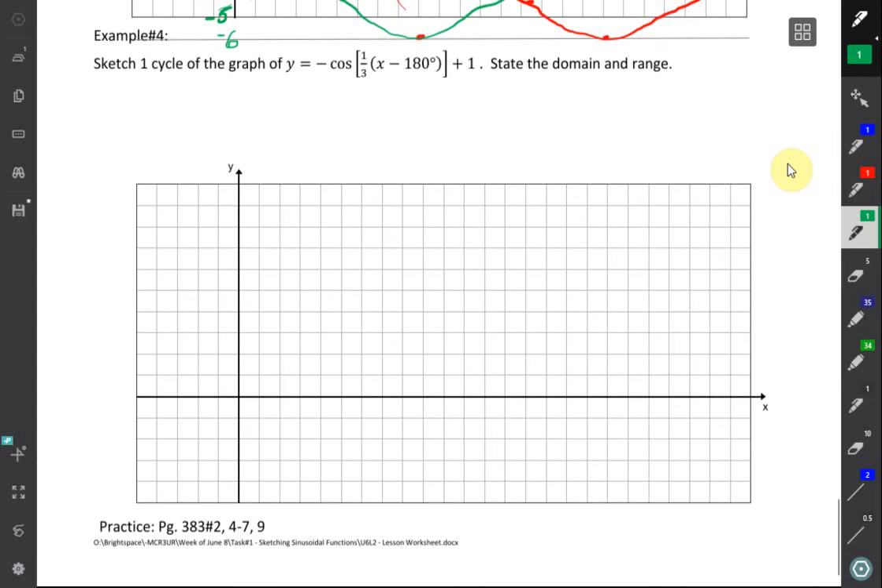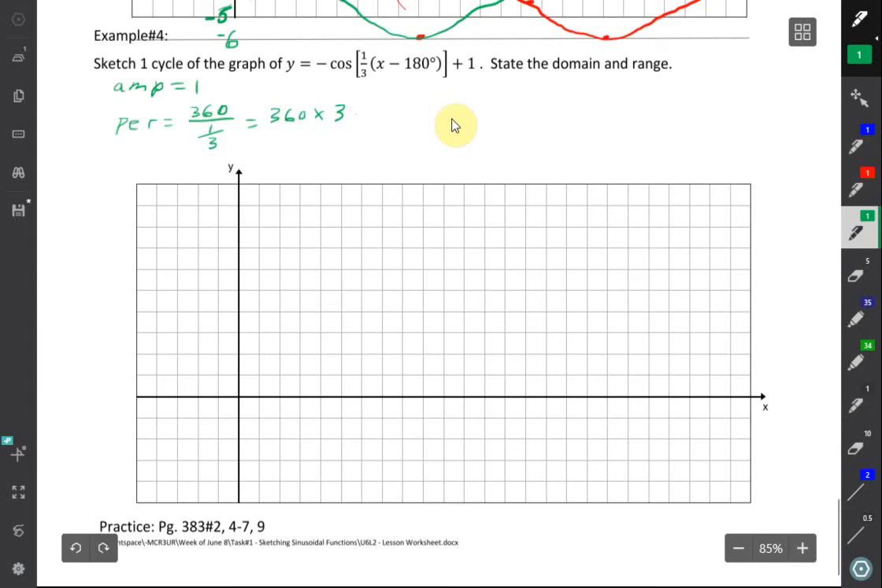So looking at this graph, it has a reflection and there's no value except 1 understood here. So its amplitude is 1. The phase shift for this graph is 180 to the right. The period is equal to 360 divided by 1/3. And that would be 360, invert and multiply, so that's times 3. So that would equal